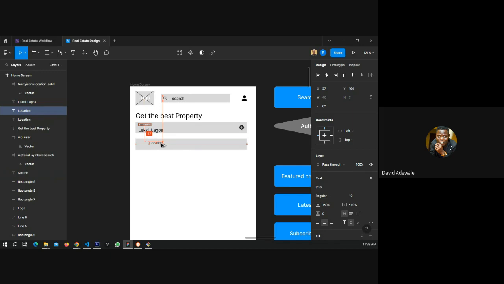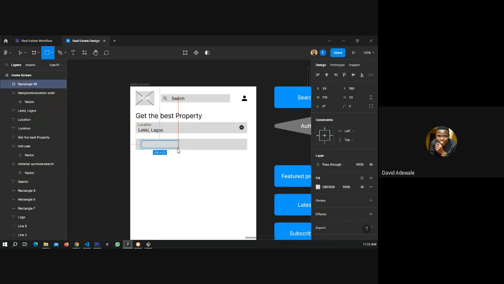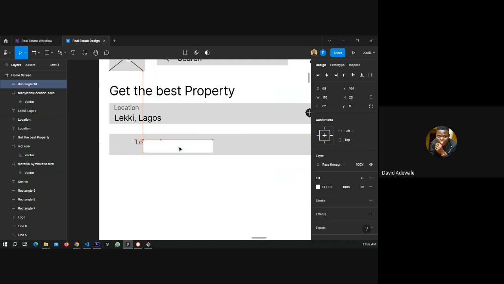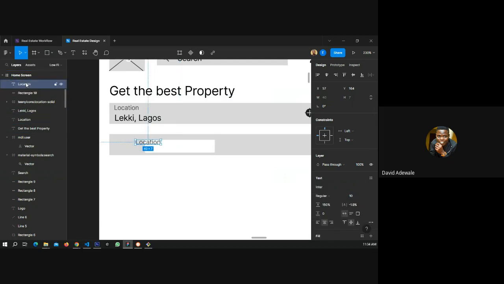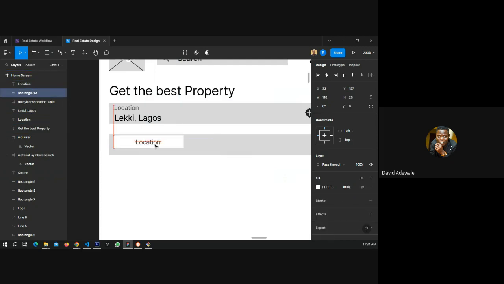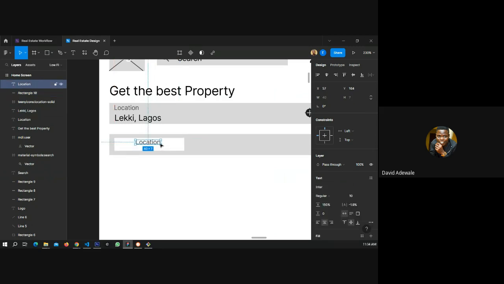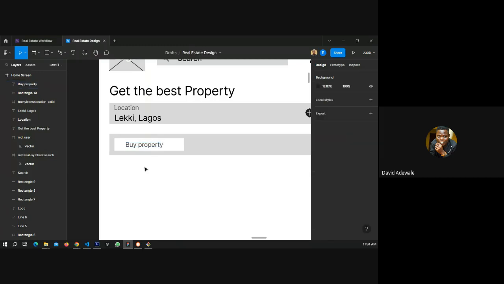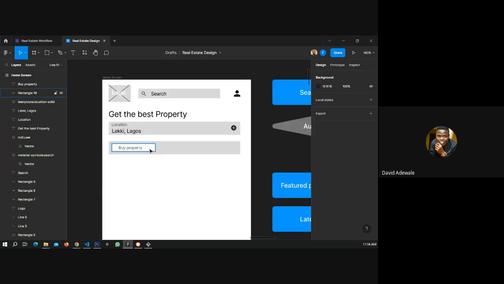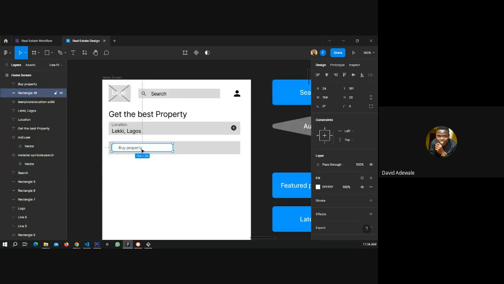Then we have here, if this is FFF, that's white. Let me just arrange this. So either you are buying or you are selling. You just need a toggle button, buy property. So this can just be a toggle button here.